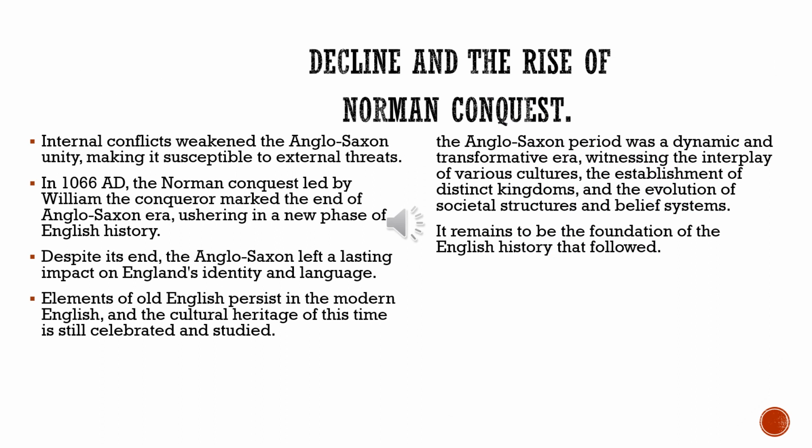So, absolutely, there was a decline of Anglo-Saxons and the rise of the Norman Conquest, because the Anglo-Saxons who were ruling England faced problems and fighting among themselves. In 1066, a man named William from Normandy, from France, invaded and won a big battle called the Battle of Hastings. This, also known as the Norman Conquest, changed England a lot.